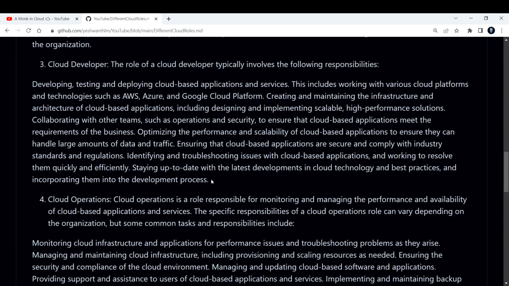So this is also included for all the roles, right? Even a tester should know all these things. Even a developer should know all these things because nowadays technology is evolving like anything. You need to update yourself, right? So that is why it is mentioned in this also.